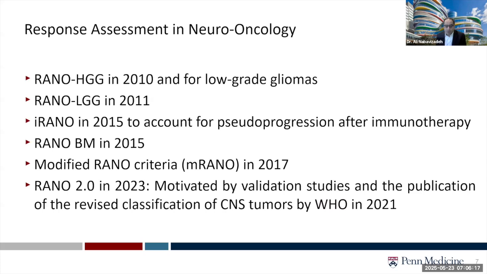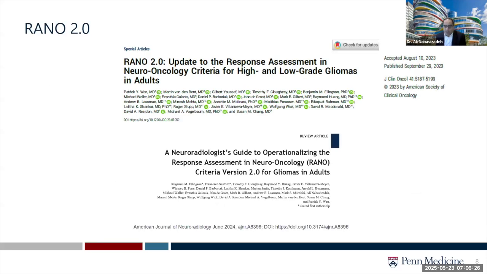So RANO 2.0 focused to have one response assessment criteria both for high-grade and low-grade tumors. And these are two papers about RANO 2.0. You can see at the top, this is the original RANO 2.0 paper that was published in the Journal of Clinical Oncology. And you can see a neuroradiologist guide that was published in AJNR in 2024